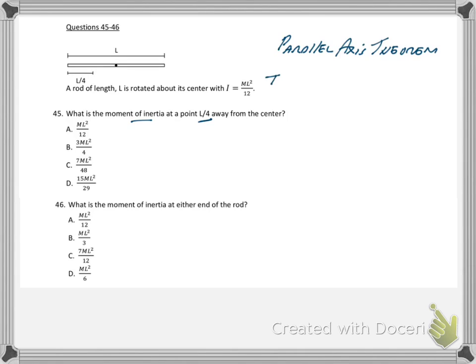Which is the final moment of inertia equals the moment of inertia at the center of mass plus the mass times the distance we are away from the center of mass squared. So let's solve 45. The final moment of inertia equals, they gave us the center of mass moment of inertia,